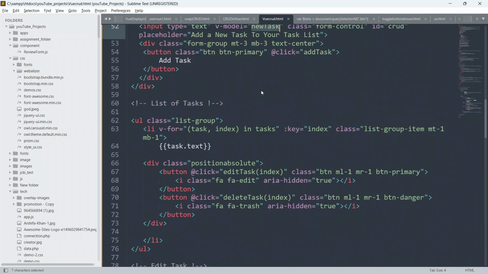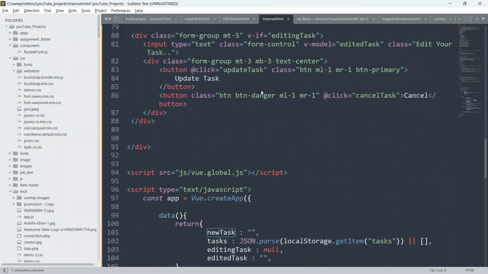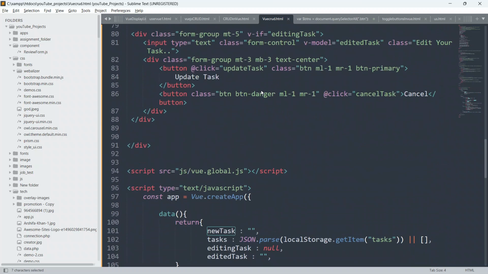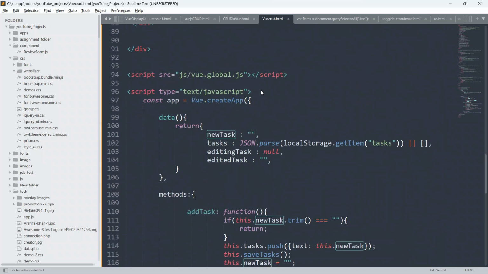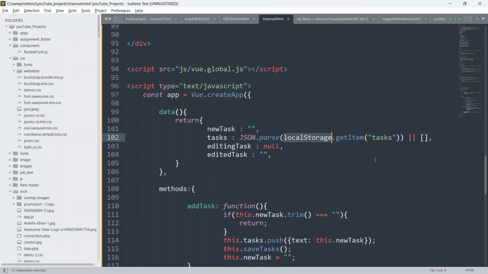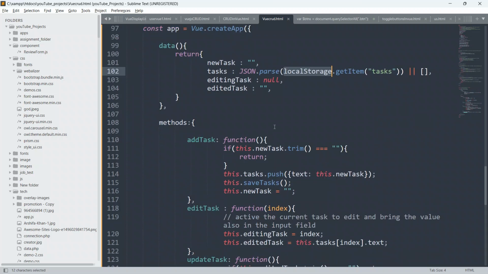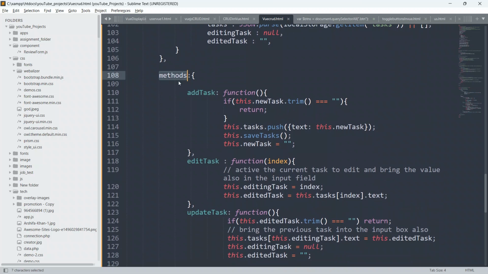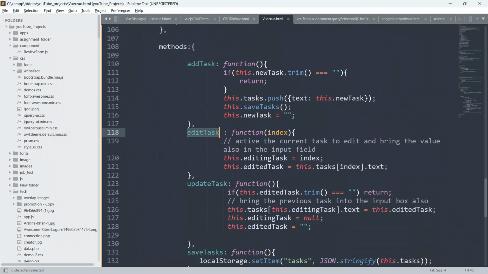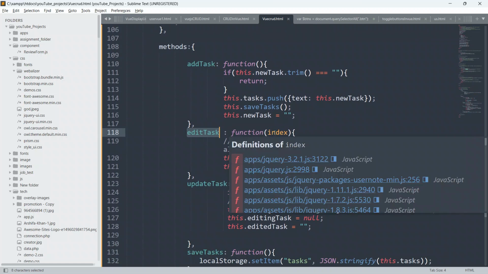v-model newTask is here. So newTasks, JSON.parse(localStorage.getItem('task')), and we will pass the array. Okay, null this. So methods: addTask, editTask, and function index also.